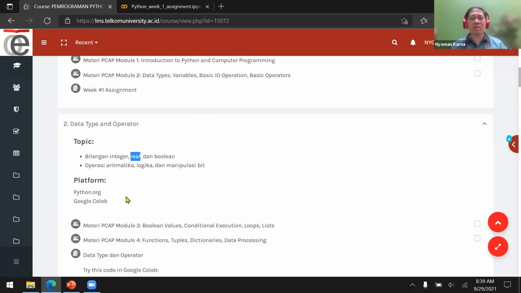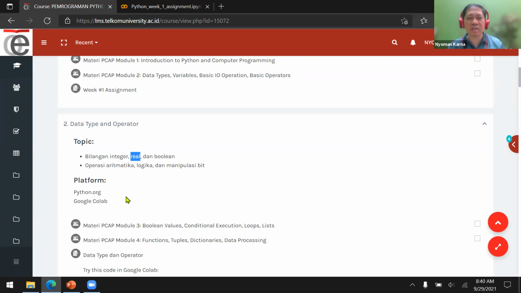Actually, there is no data type real in Python. It's called float or floating point. So in bahasa it's called bilangan pecahan. And then we're also going to discuss a Boolean type, which only has true or false values.